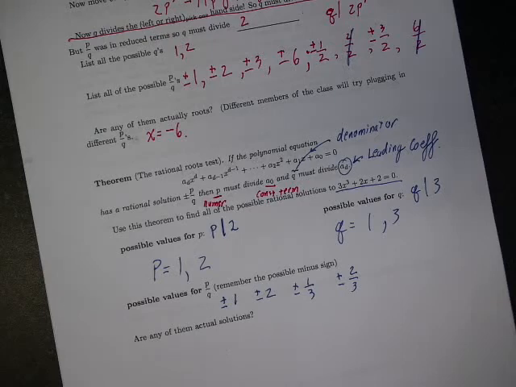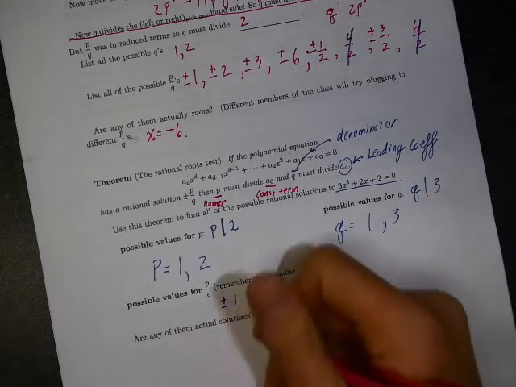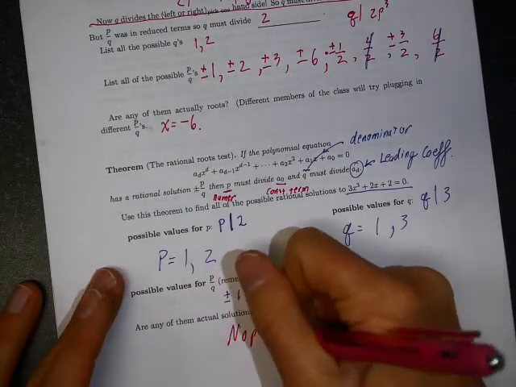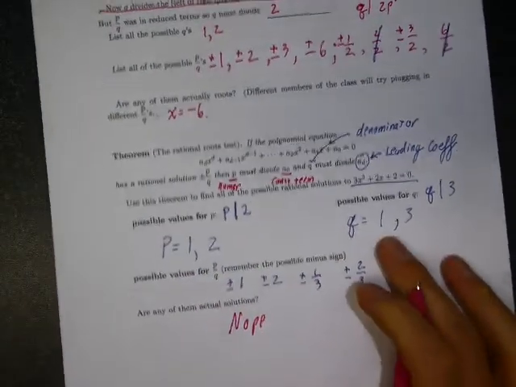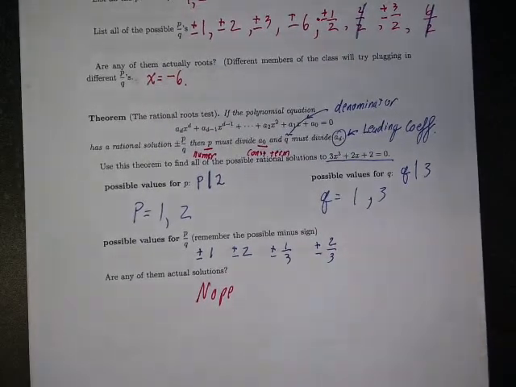So if this was a waste, how many people at this point using their handheld machines had already done all 8 computations? Oh, good. Any of them solutions? Okay. None of them are. Cool. So this is something that can happen. It might happen that there are, in fact, no rational solutions to your polynomial equation.